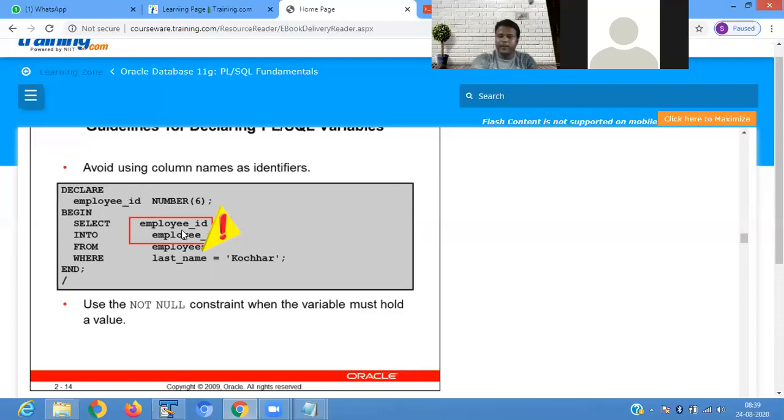Here your PL/SQL compiler gets confused about which one is the Oracle column and which one is the PL/SQL variable. In that case it gives priority to Oracle, not to PL/SQL, so in that scenario it shows an error.